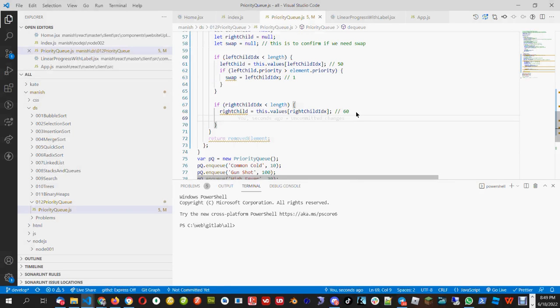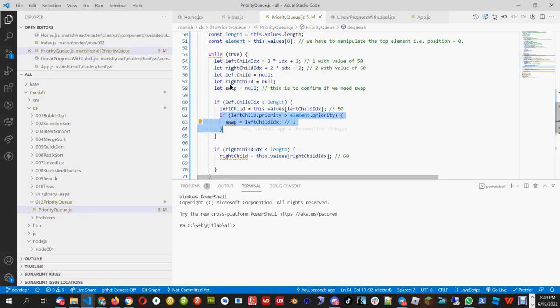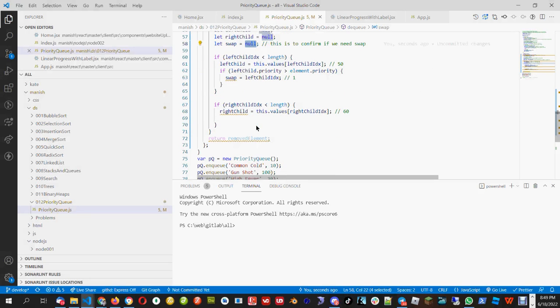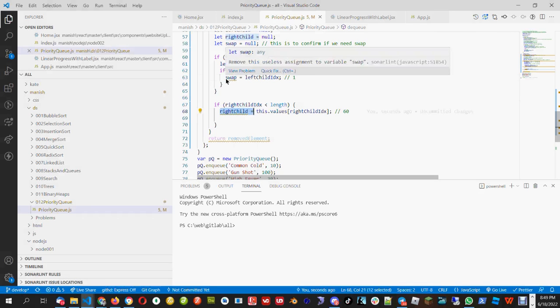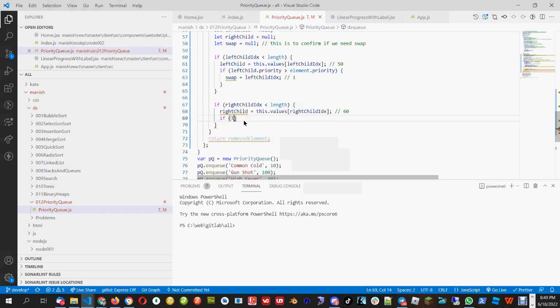So here I will say, let's say if this condition is false, then swap would be still null. Okay, so we have to take two cases. If left side is not valid or swap is not there, then we will only concentrate on the right side. But if swap is there, then we have to consider left side and the right side. So I will ask a question here. If we don't have swap,